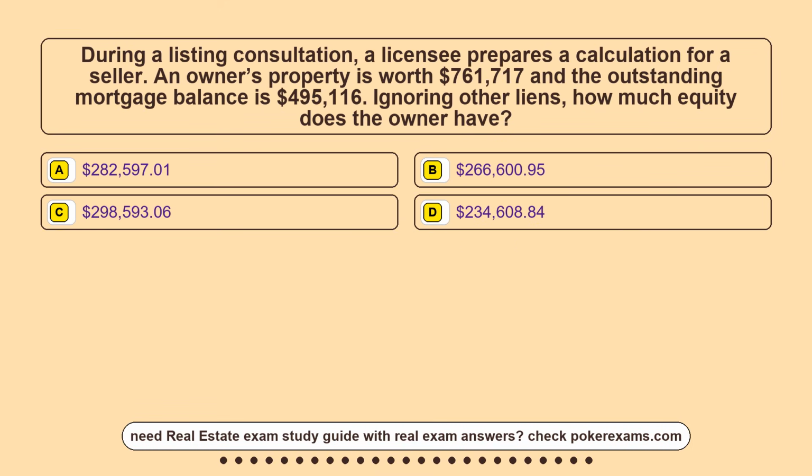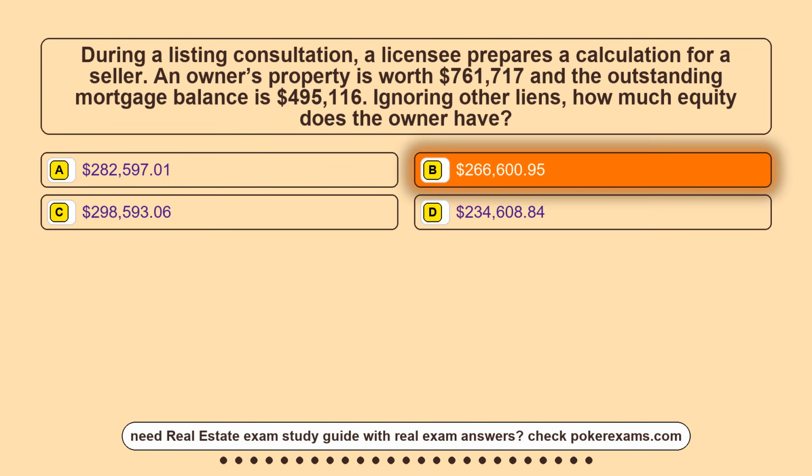Question 14. During a listing consultation, a licensee prepares a calculation for a seller. An owner's property is worth $761,717 and the outstanding mortgage balance is $495,116. Ignoring other liens, how much equity does the owner have? Option A, $282,597.01. Option B, $266,600.95. Option C, $298,593.06. Option D,